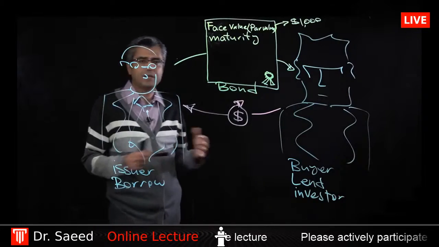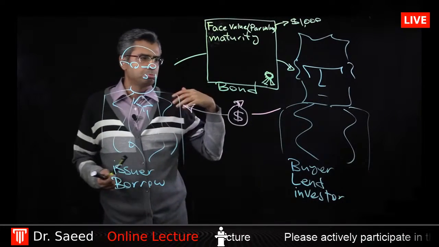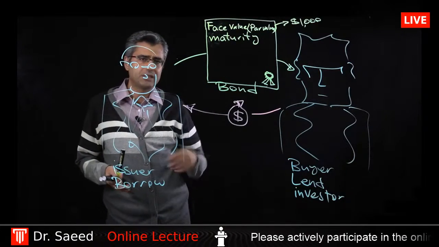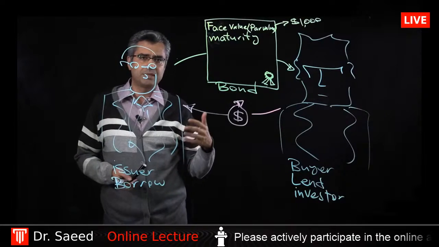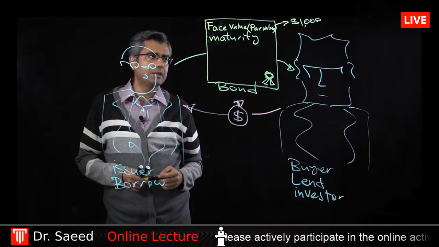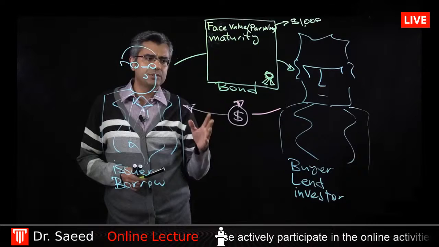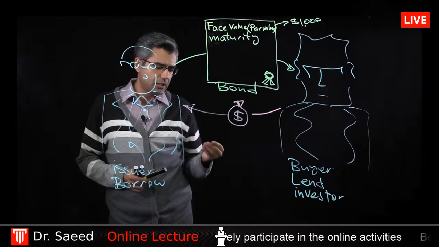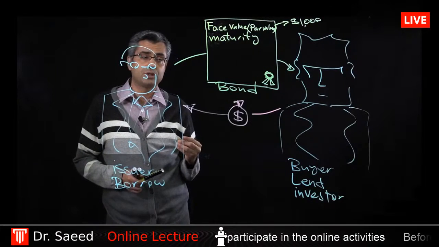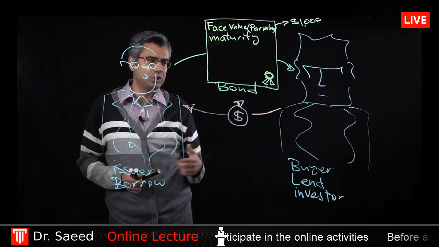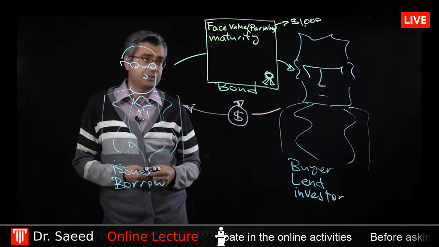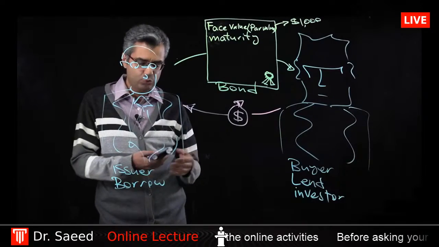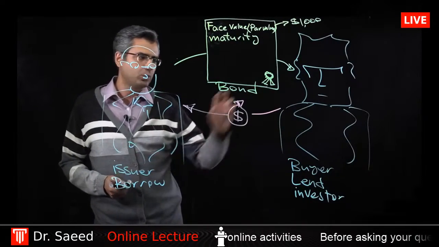Maturity means how long is the life of this bond. It can be 10 years, 5 years, 2 years, even just a few days. But for bonds, the longest issued so far, I think by Coca-Cola, is 100 years. It's not very common to issue very long-term bonds. So maturity means how long is the life of this instrument, for how long the borrower wants to borrow money